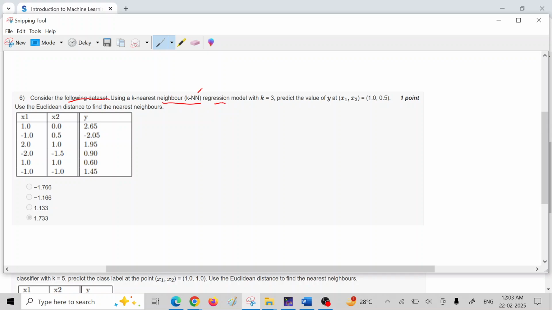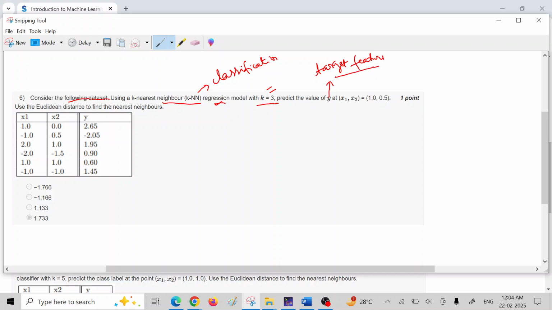This KNN model can be used both for classification and for regression. The nearest neighbor value that I need to consider is 3, and I need to predict the y data point, that is nothing but the target feature,